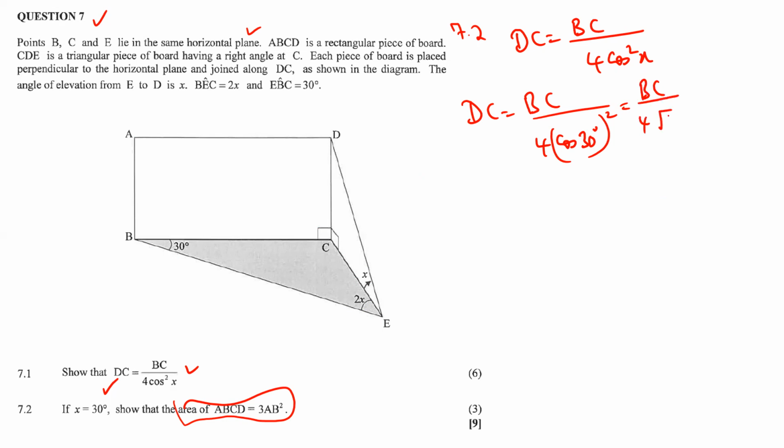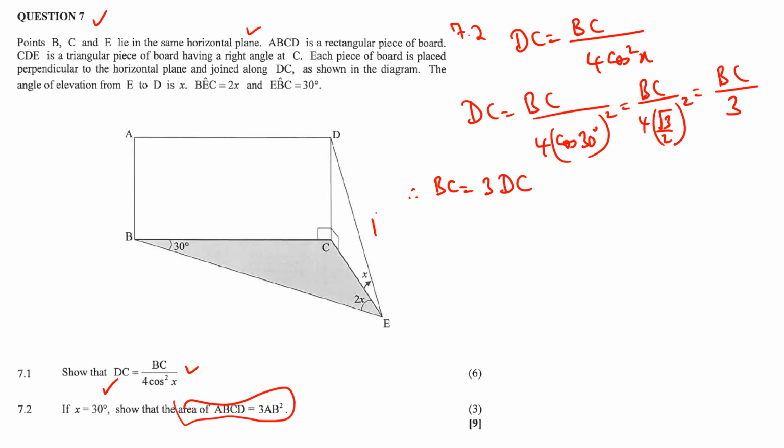Cosine 30 is the square root of 3 over 2. Special triangles. Simplifying everything here will just give us BC over 3. The conclusion, therefore, is that BC is 3DC,